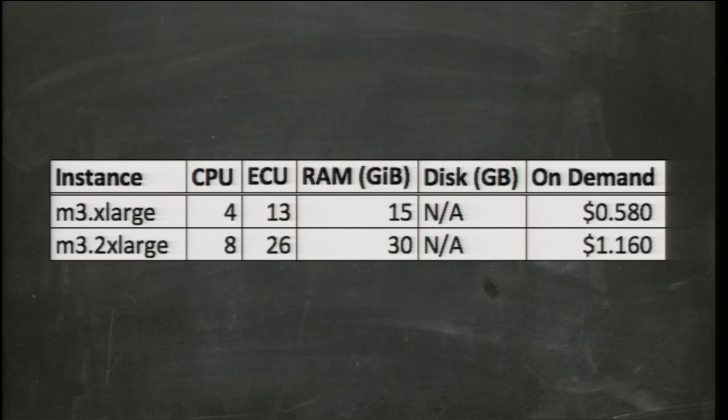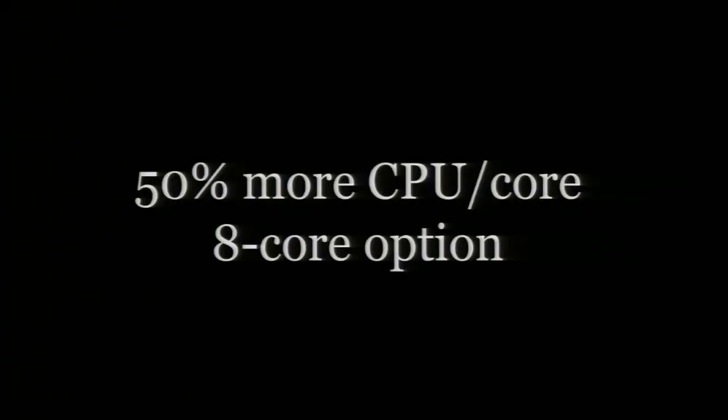So per core, you have 50% more CPU capacity, and we also have an option that gives you double the cores. Just taking advantage of how technologies evolved, and some software changes that we could do, we are able to provide you a new generation of instances, still at a pretty low cost. Actually, the M1 extra large at 58 cents, when we introduced these, we dropped the prices of the M1, but this is cheaper than the M1 extra large used to be. So as I said, 50% more CPU per core, and an 8-core option. You probably noticed there's no disk in this instance.